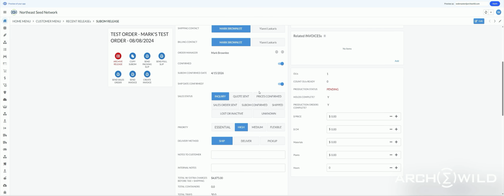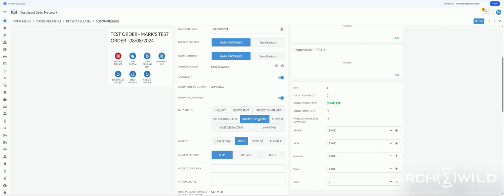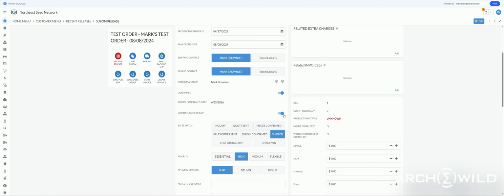Take a look at this order. It's no longer an inquiry. That sub-OM is confirmed. In fact, we're going to ship it a day early. 50 trays of PL50s from inventory. We've selected the product code. It shows we have 20 left. It all looks fine. So back here at the order level, mark the order as confirmed and the ship date's